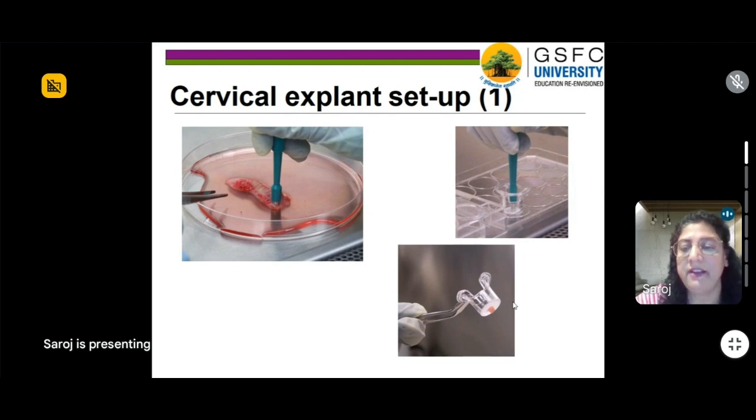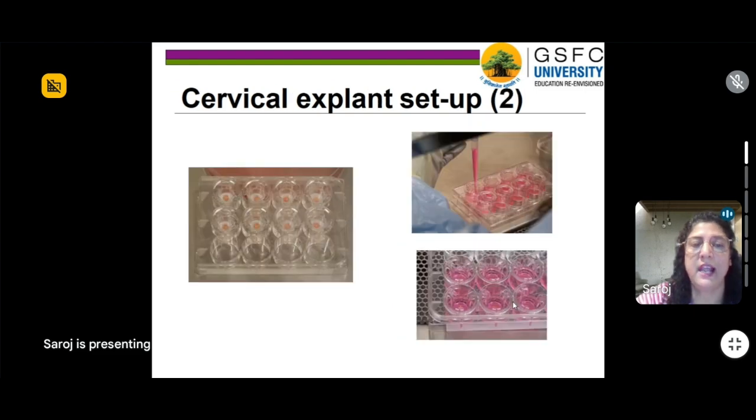These are specially developed so that we can prevent the entry of virus either through the vagina or through the rectum, and these are the microbicides. So if we have to develop microbicides, then these kinds of cervical explant systems are the ones which are going to be really handy. These are just a few of the pictures. You can see how the cervical explants.